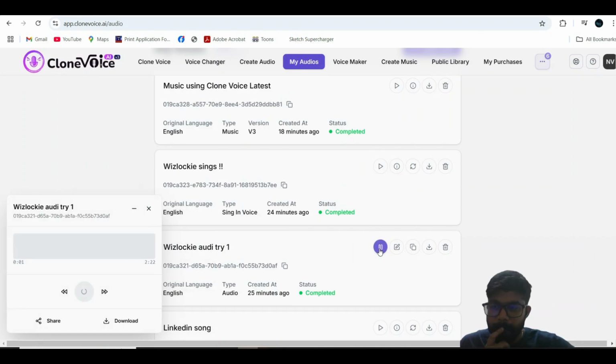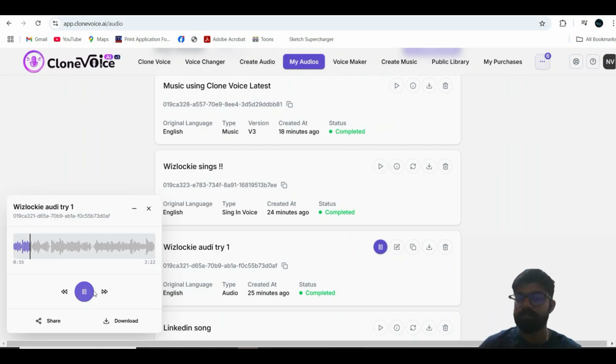What if you could make your computer speak in your exact voice, even if you typed it out just seconds before? Well, that's exactly what Clone Voice AI lets you do. Clone Voice AI refers to sophisticated